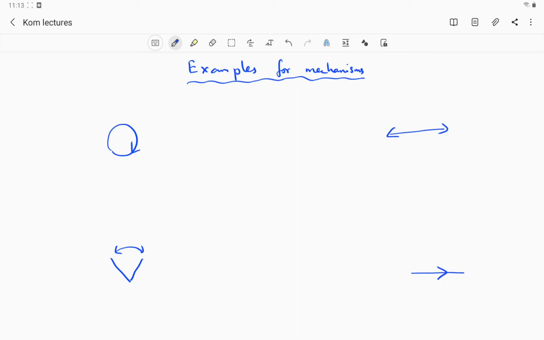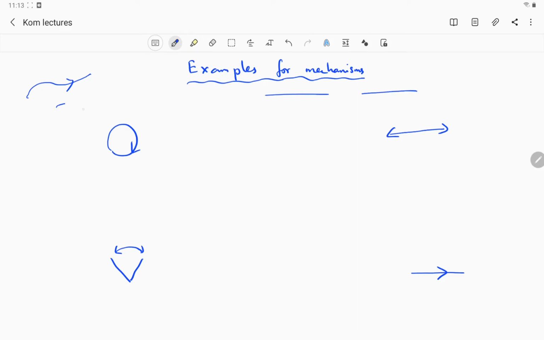There are other possible motions, like sometimes it has to go something like this or whatever. Okay, and depending on the requirement and depending on the availability, we will have some possible motions. But majorly in most of the mechanisms we will see such motions as input or output motions. Okay, now let's see some examples where one kind of motion is converted into another kind of motion.